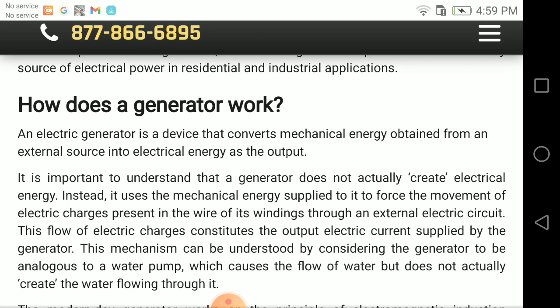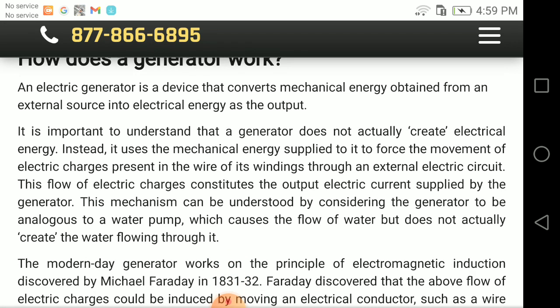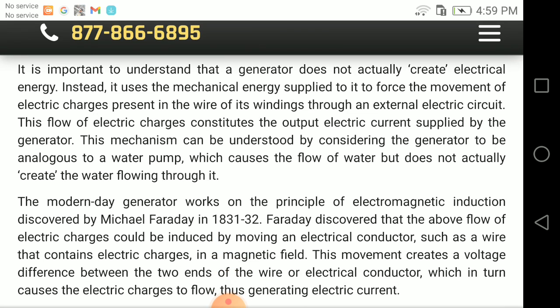This mechanism can be understood by considering the generator to be analogous to a water pump, which causes the flow of water but does not actually create the water flowing through it. The modern day generator works on the principle of electromagnetic induction discovered by Michael Faraday in 1831 to 1832. Faraday discovered that the above flow of electric charges could be induced by moving an electrical conductor such as a wire that contains